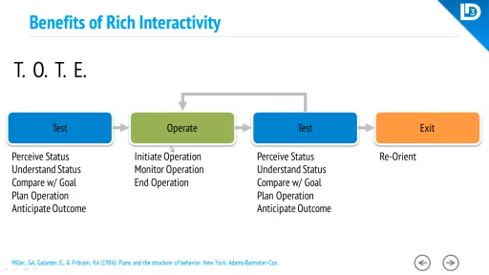So when I actually operate, so now I know that I have to do something, I planned my operation, I have an expectation as to the outcome. Operation means now that I need to initiate something that I do, some activity. I have to monitor that operation or activity. So I have to see, does it actually do something? Is it what I want to do? Does it actually accomplish something? And then obviously I have to end the operation.